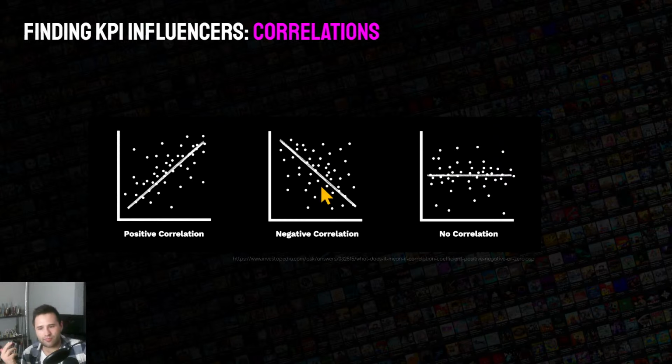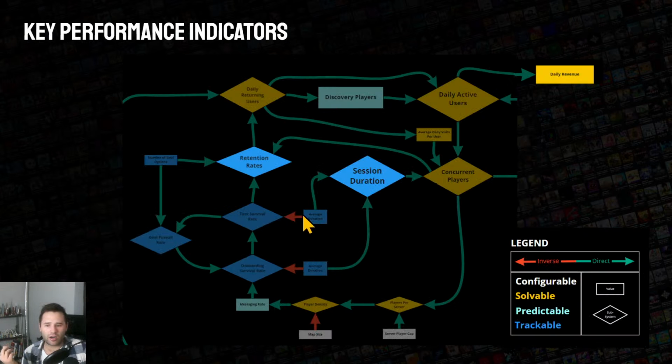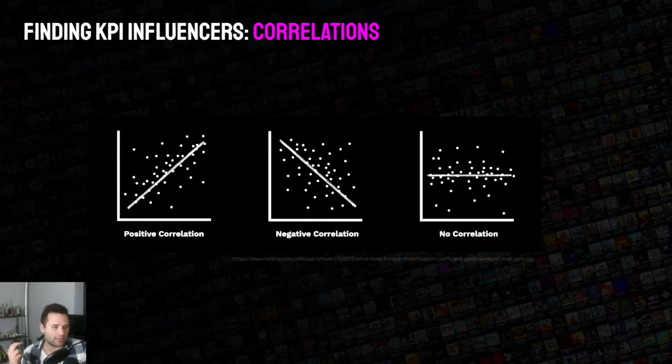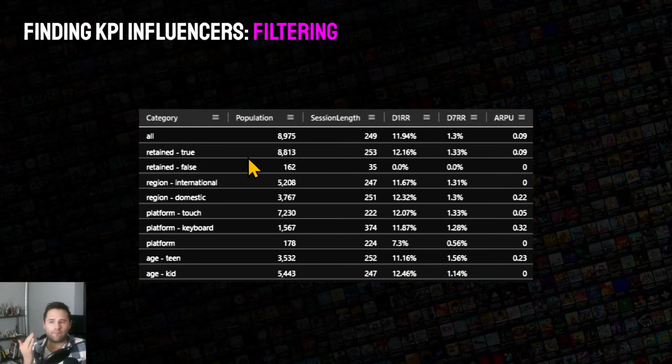Yeah, and the same thing is positive. When something's positively correlated, change in A equals a change in B. Negative, change in A equals opposite change in B. And no correlation means changing A does not affect B at all. Yeah, you'll notice the green and red lines are also correlations. This is pretty basic stuff, but important.